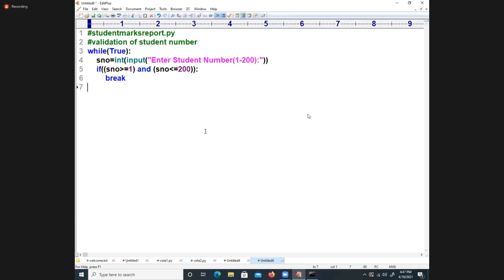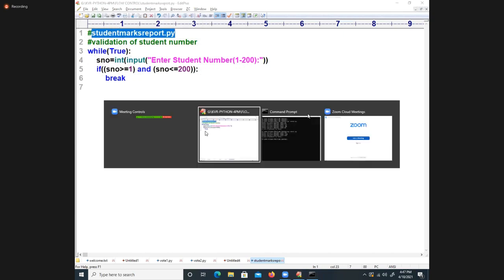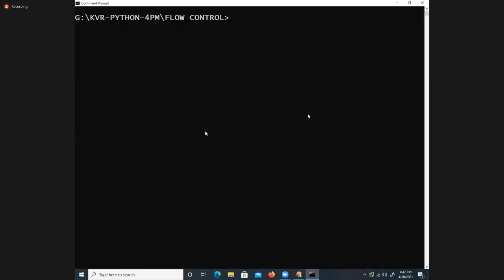So line number 7 says what? Validation of the things. Let me just write one part. Let me execute it for a minute, just to see. I'll come to the command prompt for a minute. You write, don't run. Don't go for writing this code first. Wait, I will write it completely, coming to the point of it.